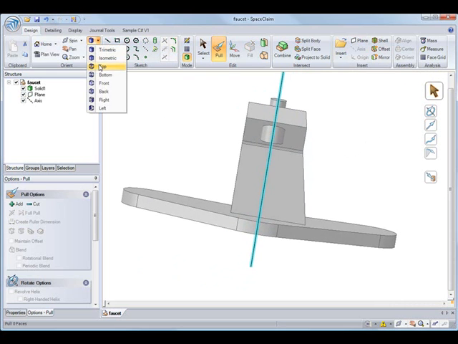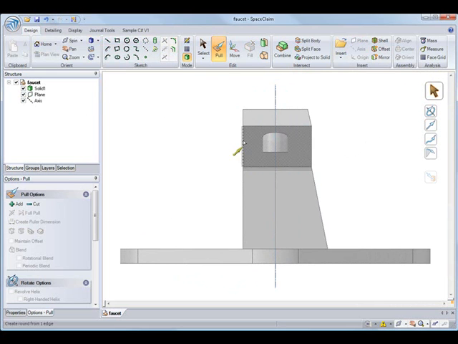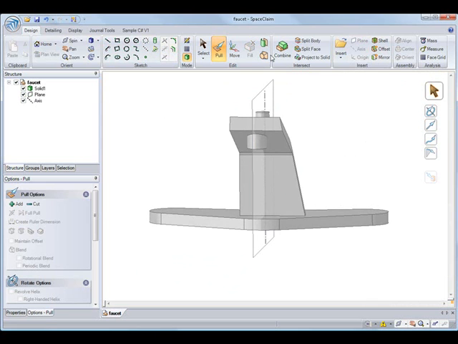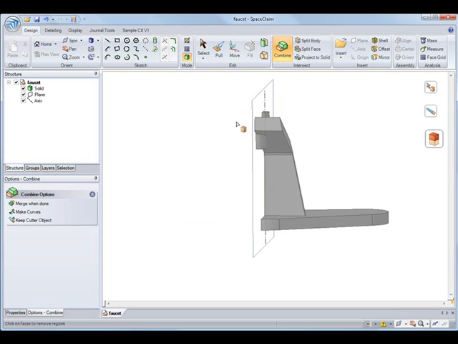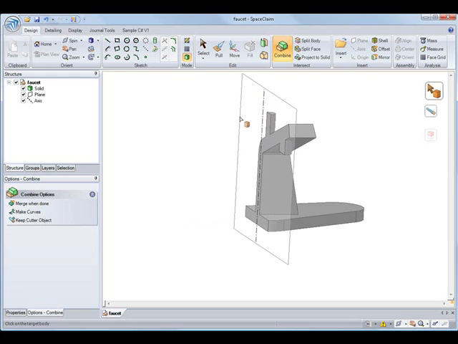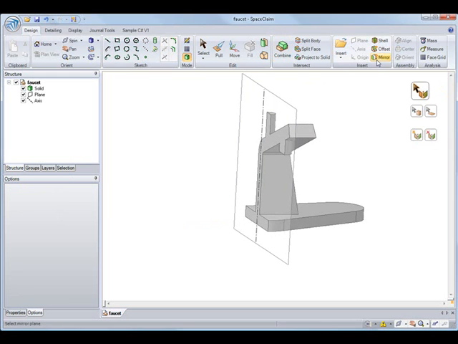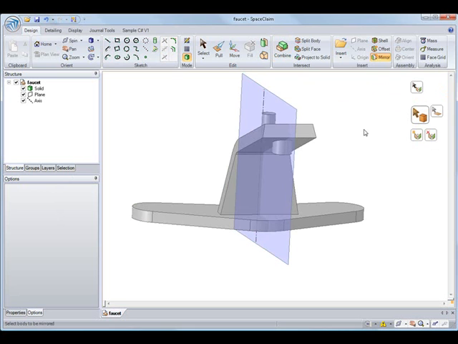So you can see that if I go to our front view, we'll make sure the plane's right in the middle, and then we'll combine our solid with the plane to separate it into two different solids. And I'll delete the one that I don't want. So now I'll go back to mirror, and it starts you off by asking to name a face or a plane to mirror over. So I'll select our plane, and then click the solid button, and mirror the solid over